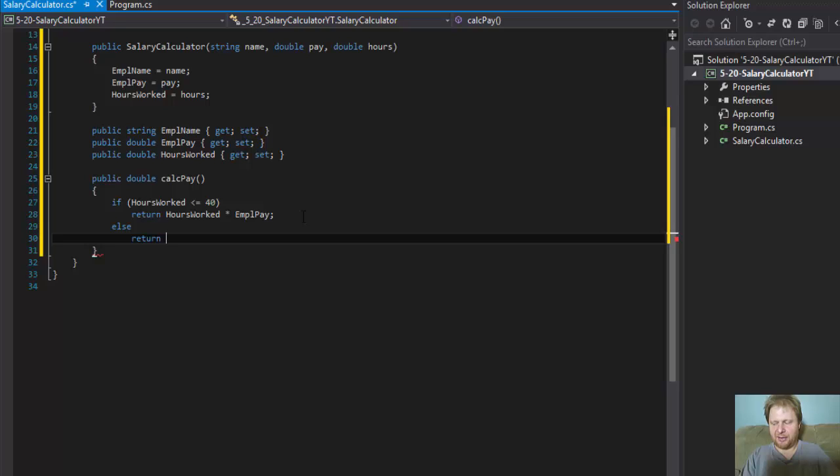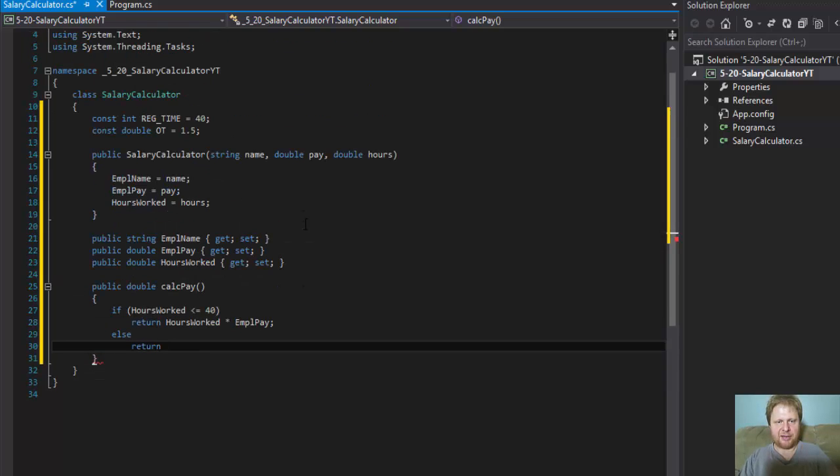So that's going to be the hours worked. Well, it's going to be the regular time, which is 40. In fact, this shouldn't be 40. I did the constant, so I don't have to use the numbers. So regular time is 40. So if the employee worked more than 40 hours, more than regular time, then we will still do the hours worked times employee pay,